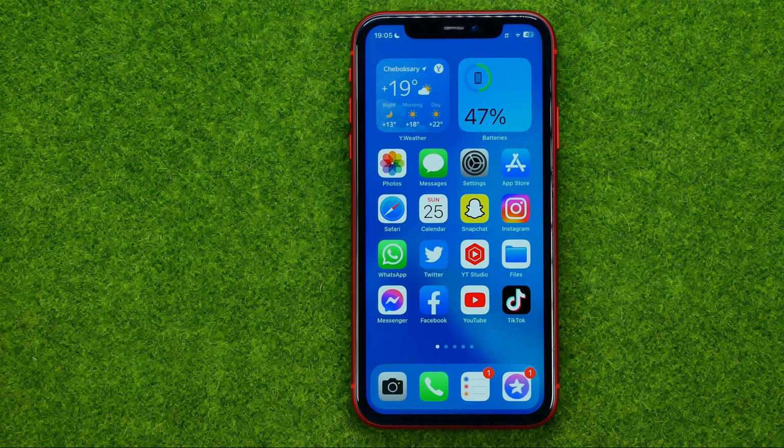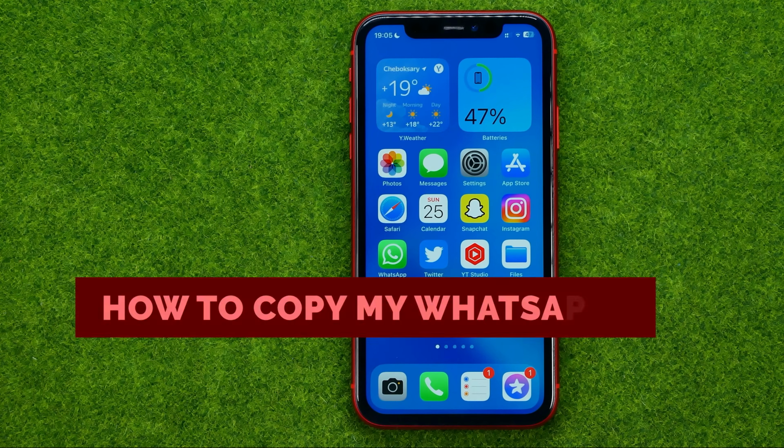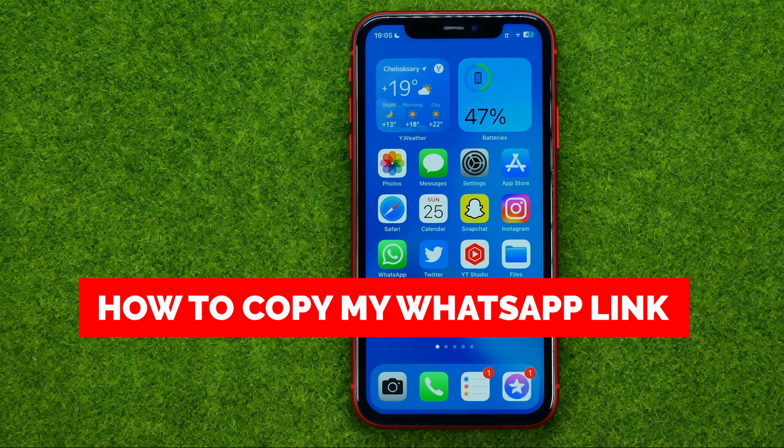In this video, I'm going to show you how you can easily copy your WhatsApp profile link and your WhatsApp